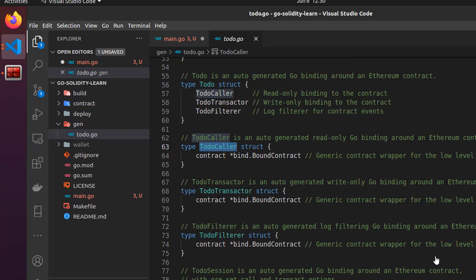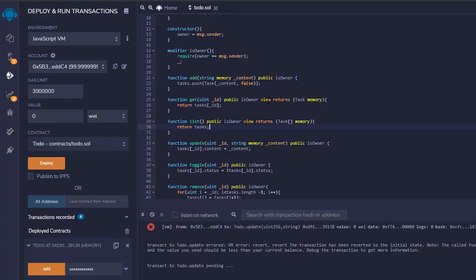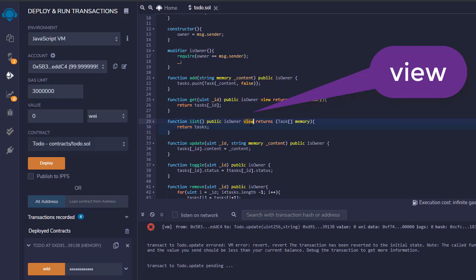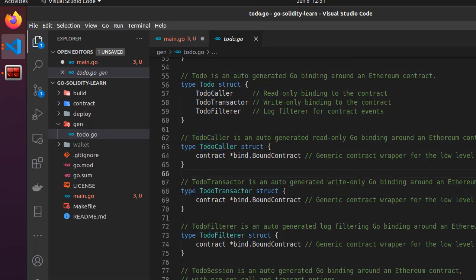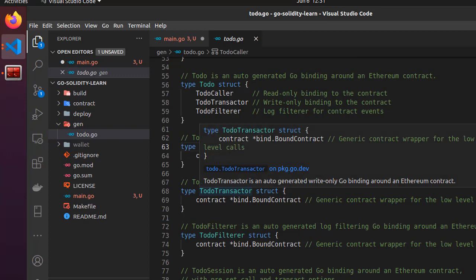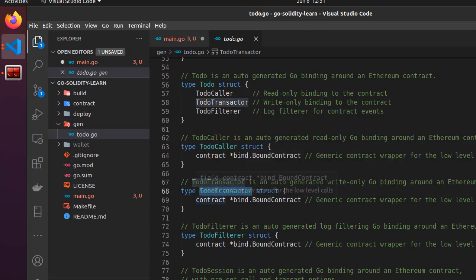Okay, so let's switch to Solidity. The callers are the different functions that have this keyword. The other functions are the transactors. Okay, so for example, get and list are callers and add, update, toggle, and remove are transactors.